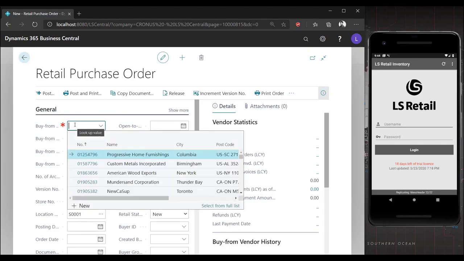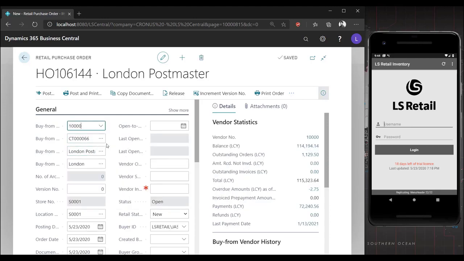The vendor details can be searched from vendor ID or vendor name. So I'm going to search for London Postmaster. And you can see that the retail purchase order has updated all the relevant vendor information. So next, give it a unique vendor invoice number